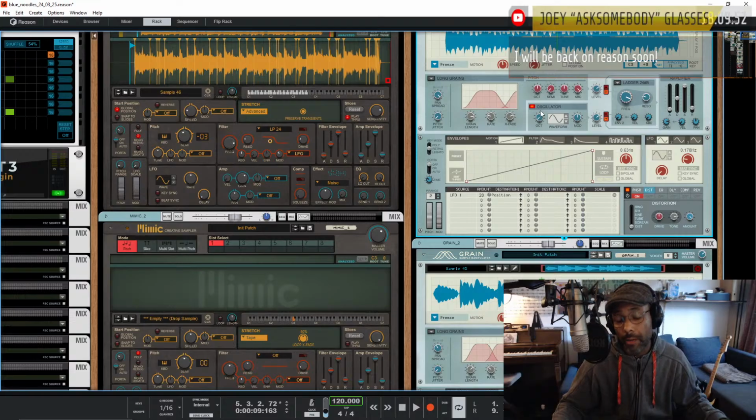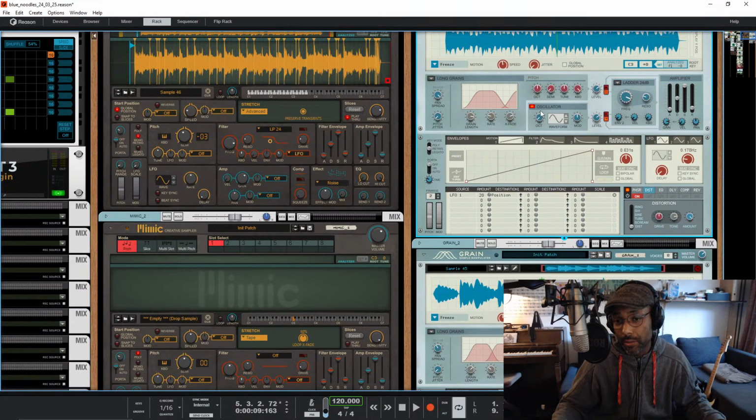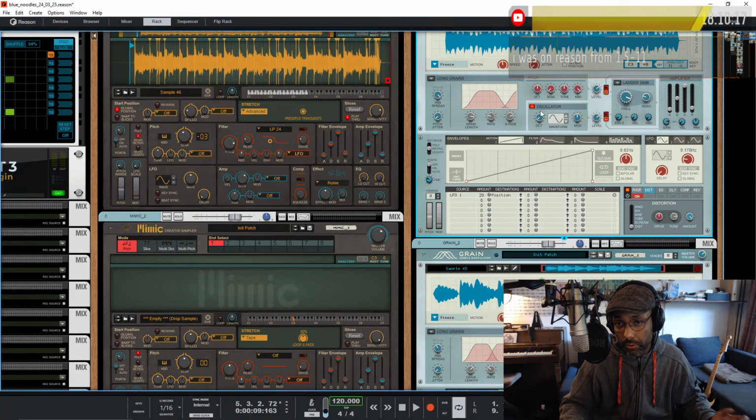It is a very versatile software. You can use it with anything, they are all compatible. You can use it as a rewire plugin. I know a lot of producers prefer other DAWs for their main stuff.